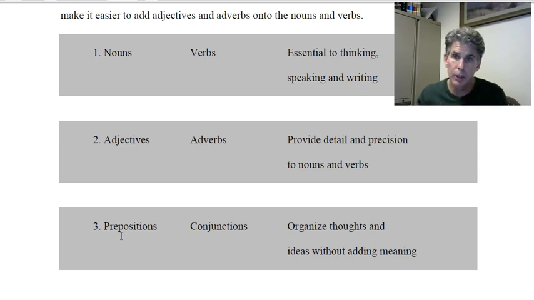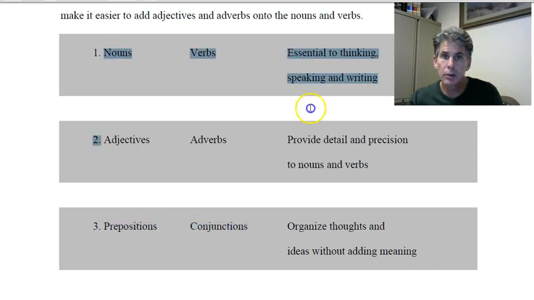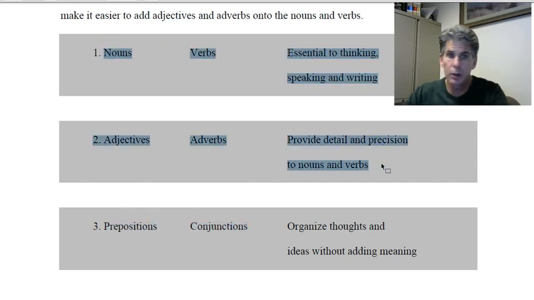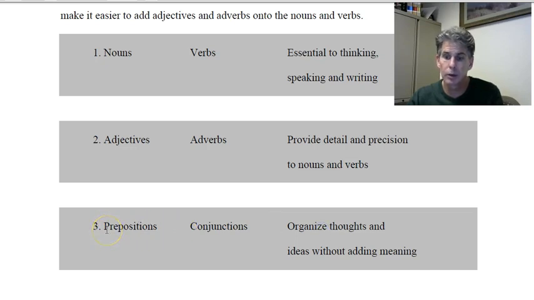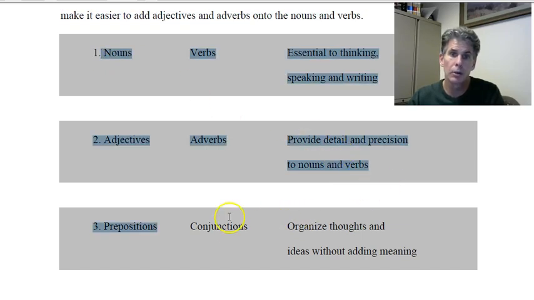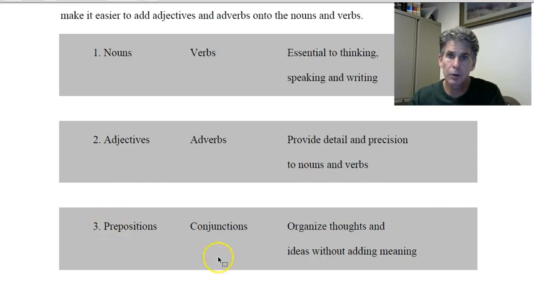What they do is set up relationships of nouns and verbs and adjectives and adverbs. These guys organize these guys. They tell them where to sit, where to go, and how I'm going to hook you up. So they are the ones that organize. I guess they're kind of like the social ones. They get everybody together, sat down here, there, everywhere, and introduce everybody to each other. They are not important for their meaning. They are important for the relationships they create amongst these parts of speech. So they have almost no meaning to them. We'll get to those towards the end.